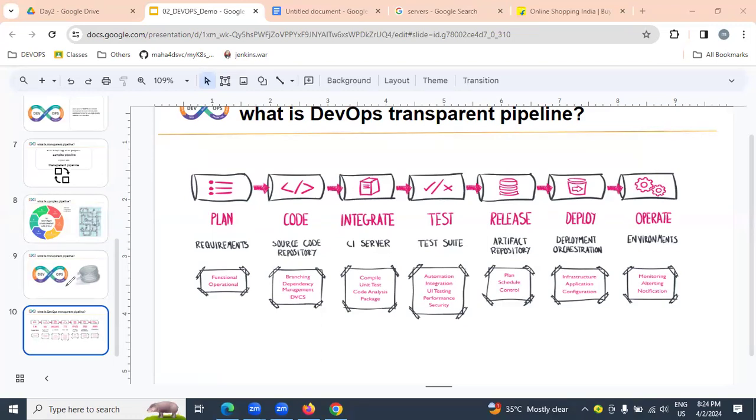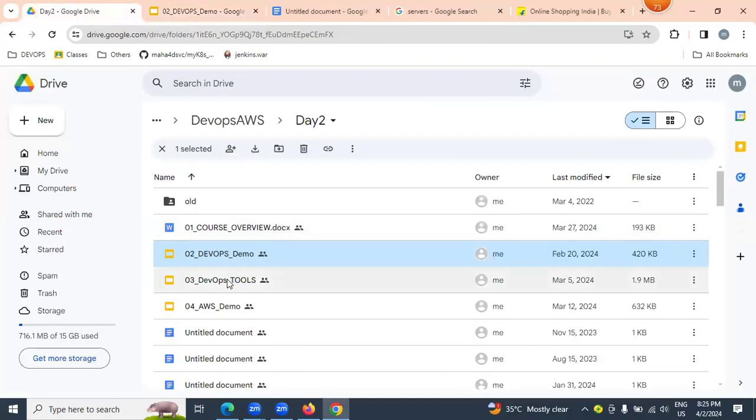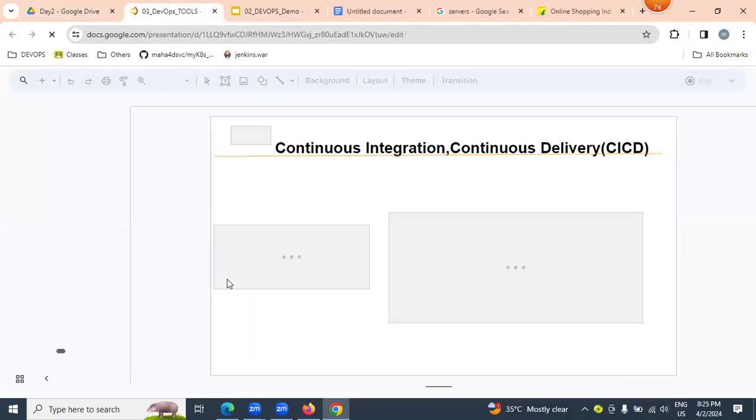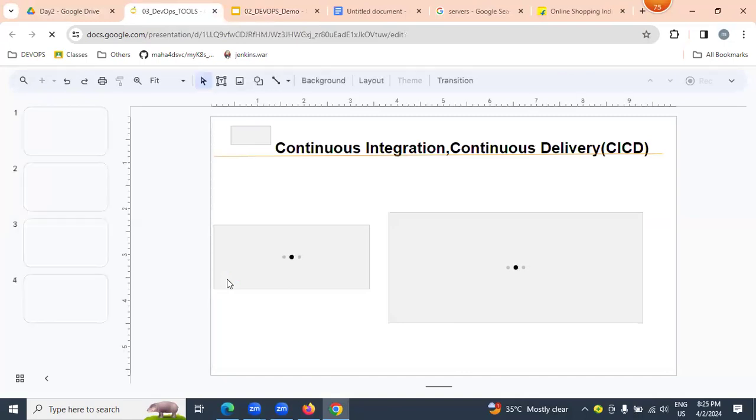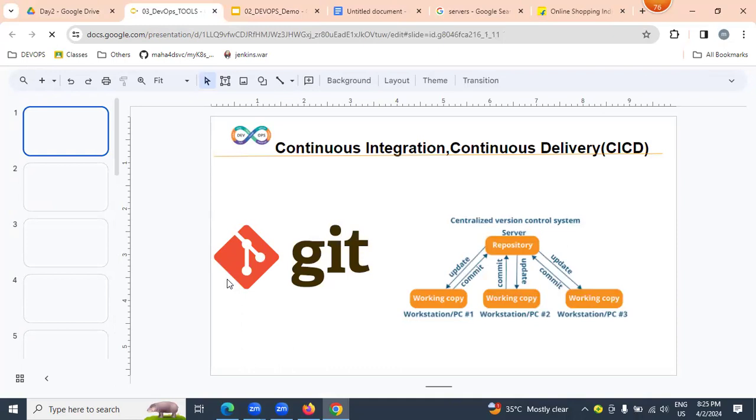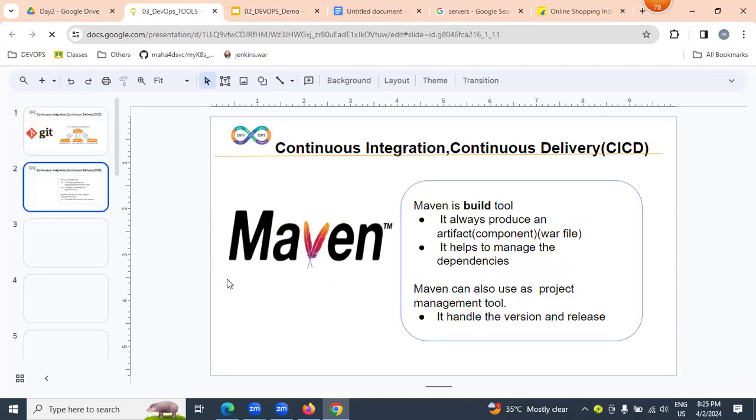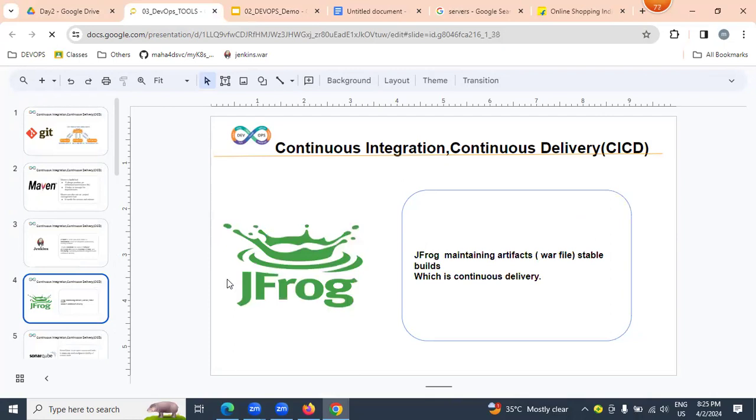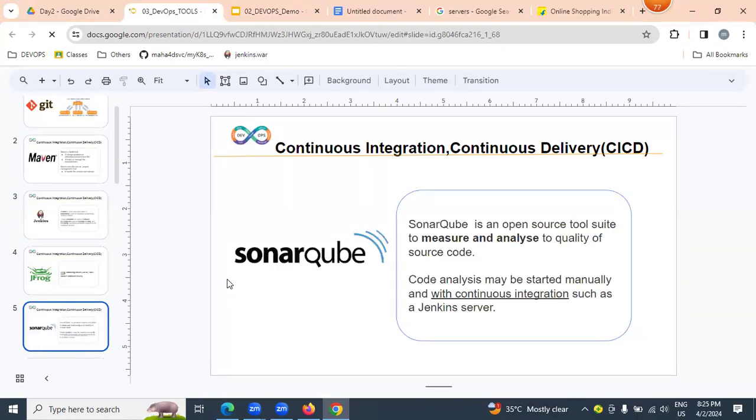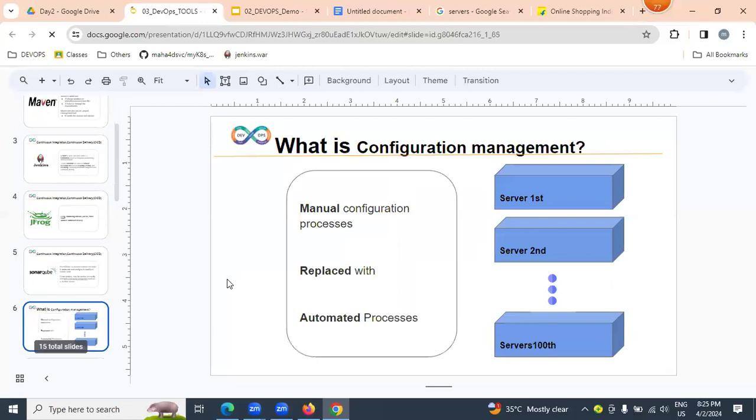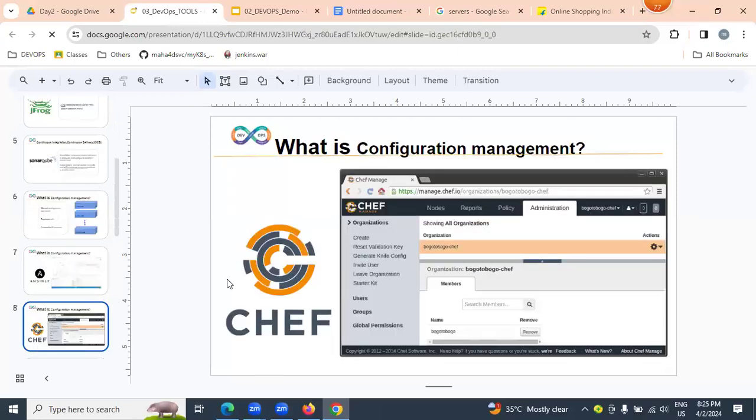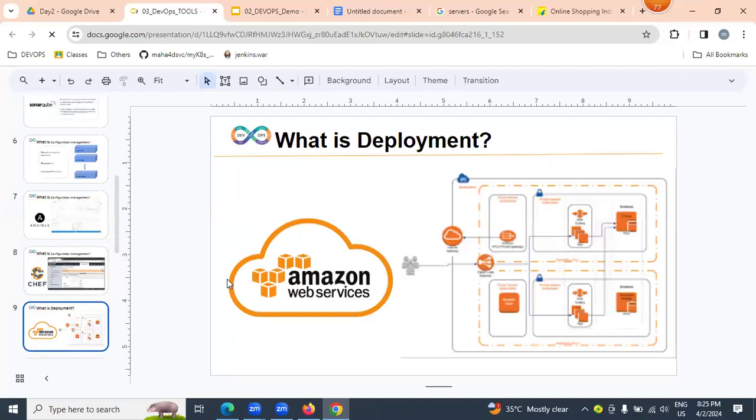An automated DevOps transparent pipeline. But how exactly can we implement it? With the help of tools. Which tools are we going to use? We are going to use Git, Maven, Jenkins, JFrog, SonarQube, Ansible, and Chef,